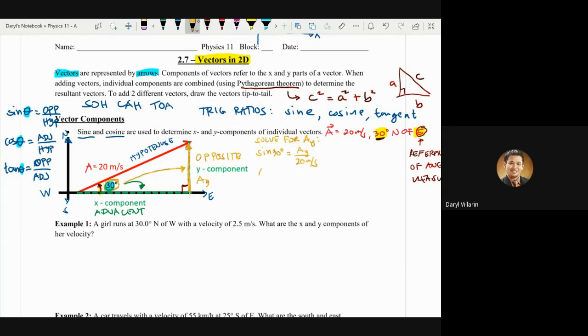Or if you're going to solve for AY, it is just 20 meters per second multiplied by sine 30 degrees. So that would give you an answer of 10 meters per second. So that is the y component of my